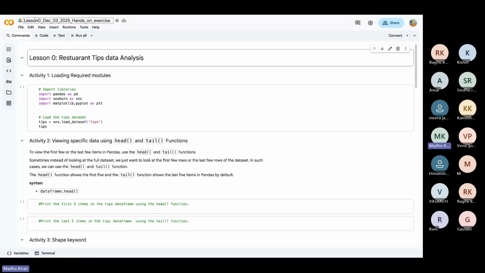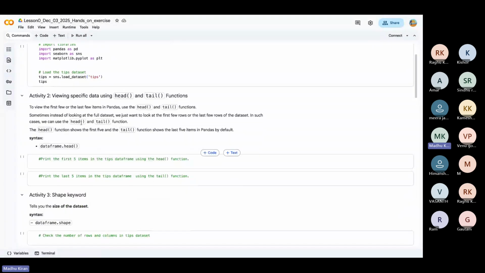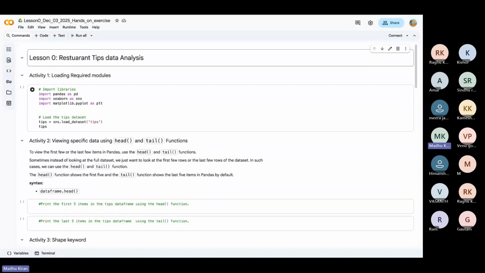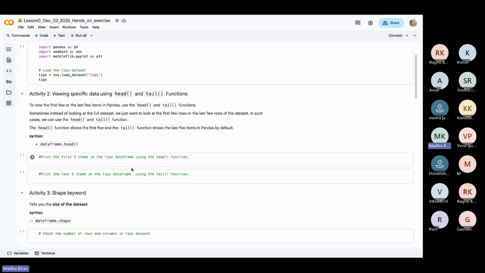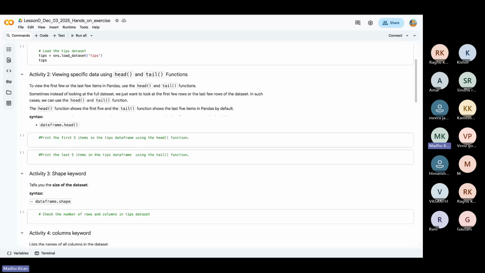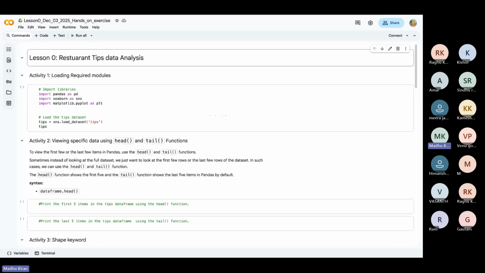Every lesson will have a file like this with some activities and the theory part. I don't want you taking notes and getting distracted; you can concentrate fully for the 1 hour on the lesson, and you have the text part and the coding part after the lesson for practicing. Each lesson plan will be written here.